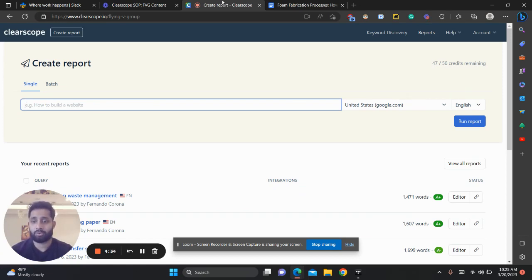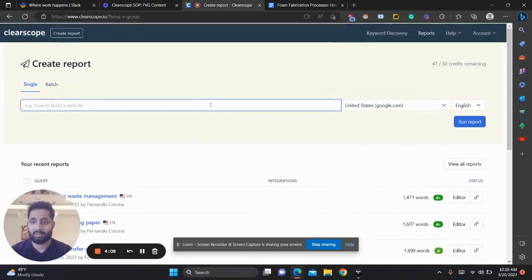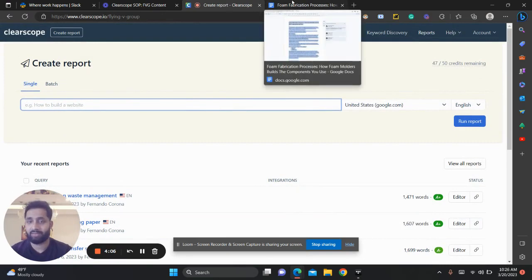Now, the way Clearscope works is that it utilizes machine learning to refer to a broad range of competing articles and basically looks at the keyword placement in those and then suggests the correct terms which the writers can then add in naturally. We're first going to take a really quick look at an article that we have here,